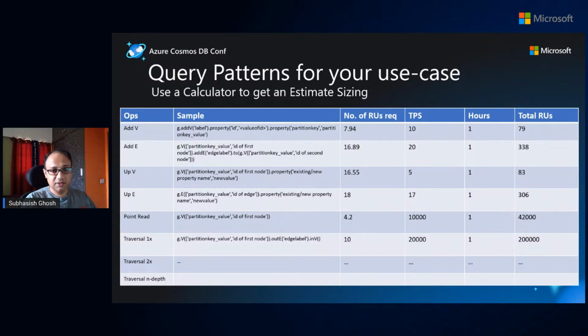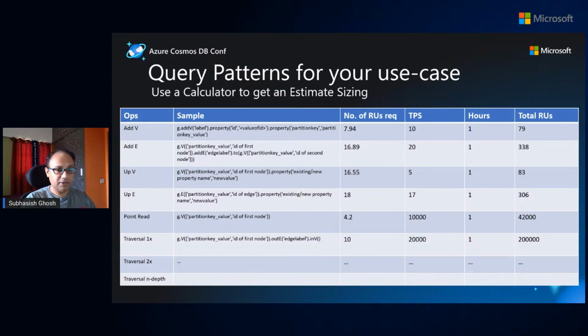Then the traversals are very, very key. For our use case, we studied 1x in detail, 2x also in detail, up to 3x, not beyond that. There is an important point to mention here: though we refer to it as a media analytics or social media engine you're building, or graph analytics, or fraud analytics, technically you should leverage Azure Cosmos DB Gremlin API for building OLTP transactions.